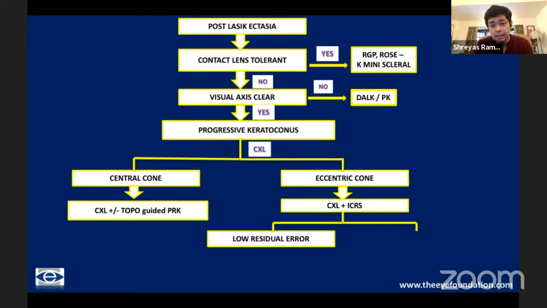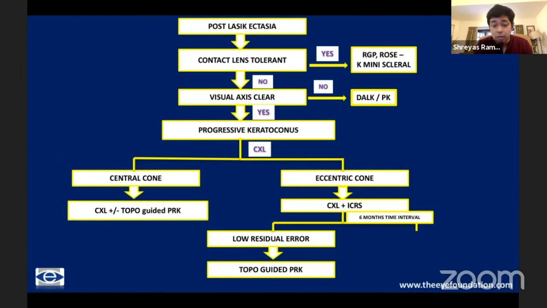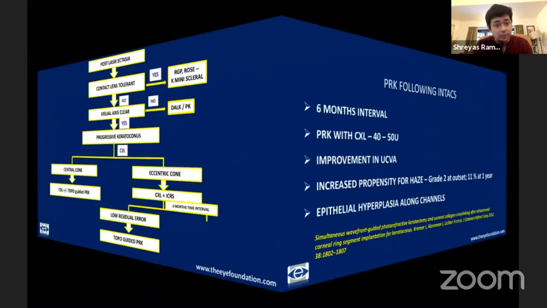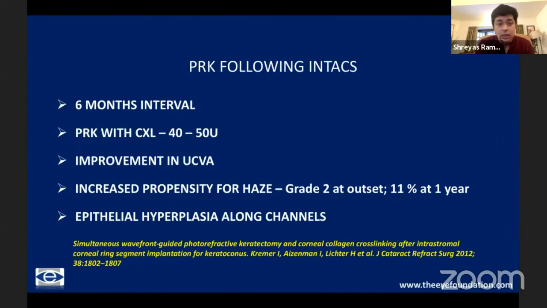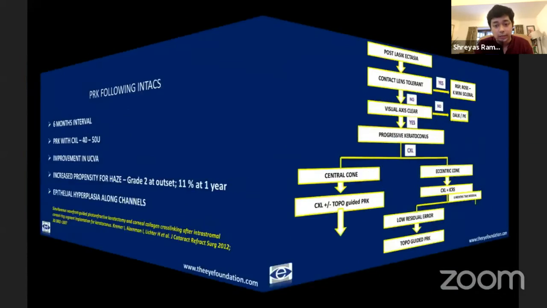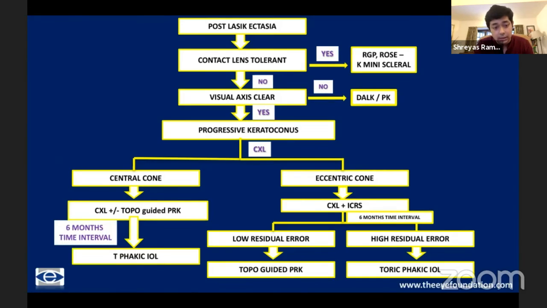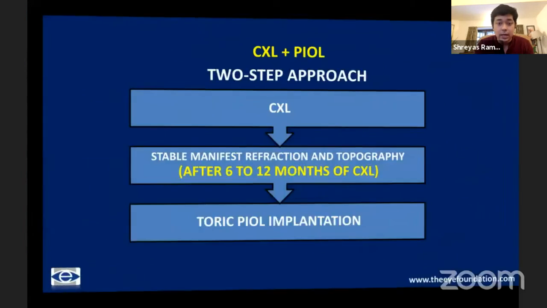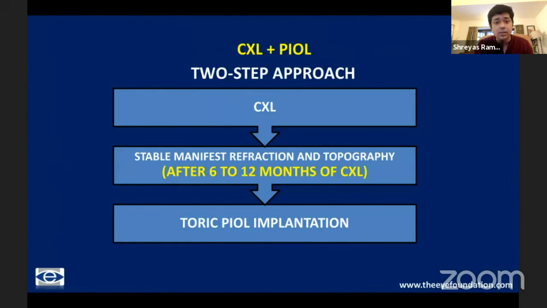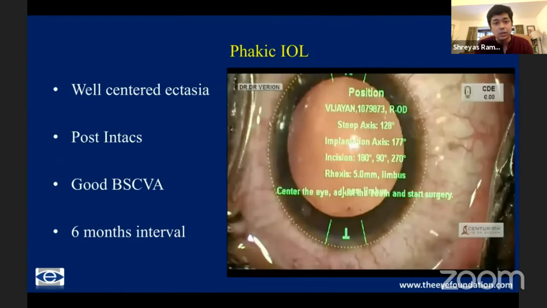Post intracorneal ring segments for low residual error, if there is sufficient thickness, we could consider a PRK or a topo-guided PRK also. However, they do have an increased propensity for haze, and we need to watch out for that. If there is a significant residual error or a high degree of anisometropia, toric phakic intraocular lenses are also an excellent option. And 6 to 12 months after documenting stability from the primary cross-linking procedure, we could go